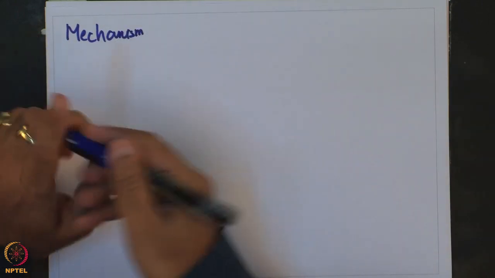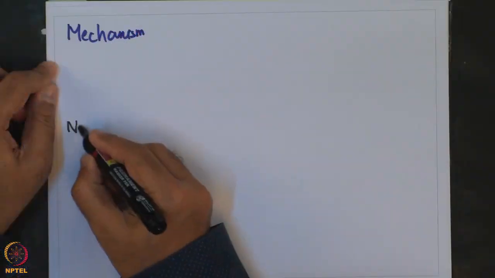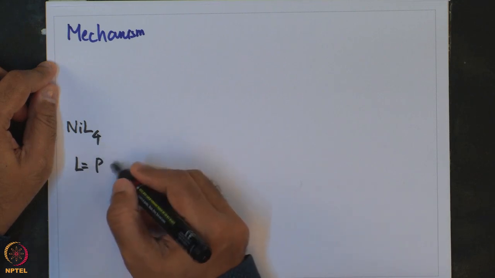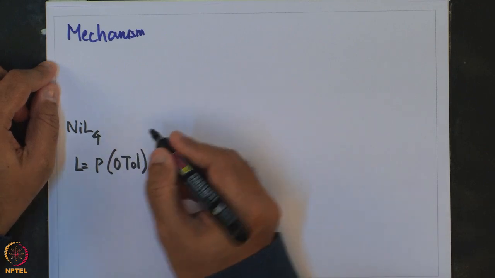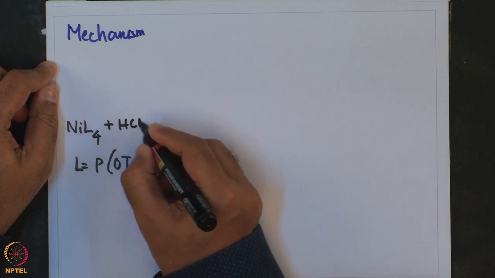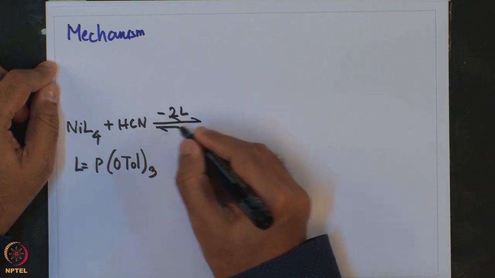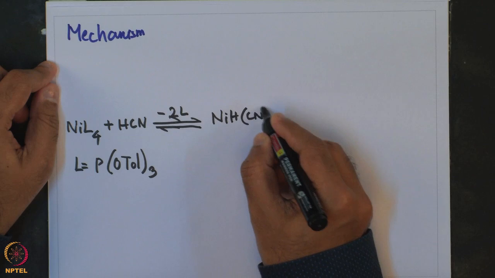And now, the active species for this reaction is a nickel(II) species, which is obtained by addition of HCN on to the nickel(0) NiL4 species. NiL4, where L is para ortho-tolyl phosphine. NiL4 plus HCN loses two L to give NiHCNL2,